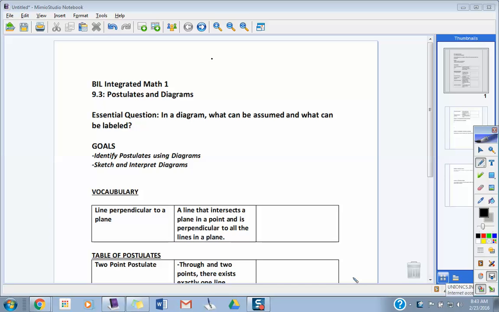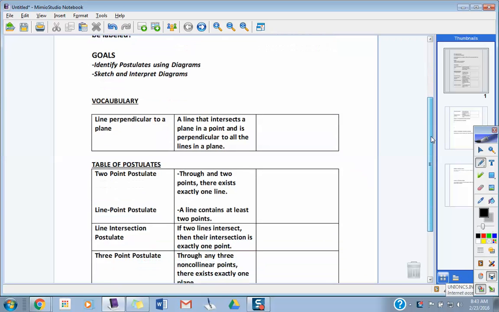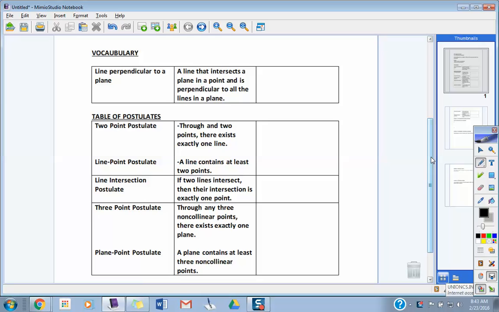So in order to be able to answer that question, guys, in a diagram, what can be assumed and what can be labeled, we're going to have to make sure we understand how to identify postulates using diagrams, and then we're going to go ahead and work on sketching and interpreting diagrams. Okay? Vocab's not too important today. The vocab is kind of one of those deals when